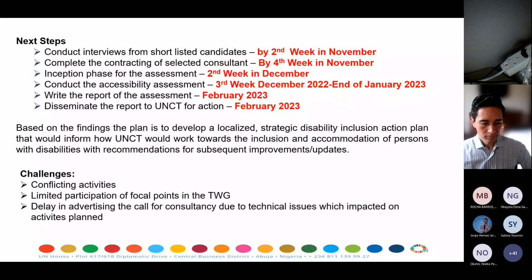The UNCT is also aware that we want to do this. We've presented it at the UNCT to say that we have this seed funding and these are the activities that we want to conduct. They are also waiting for the results of the assessment, especially our colleagues working in the area of the common premises.